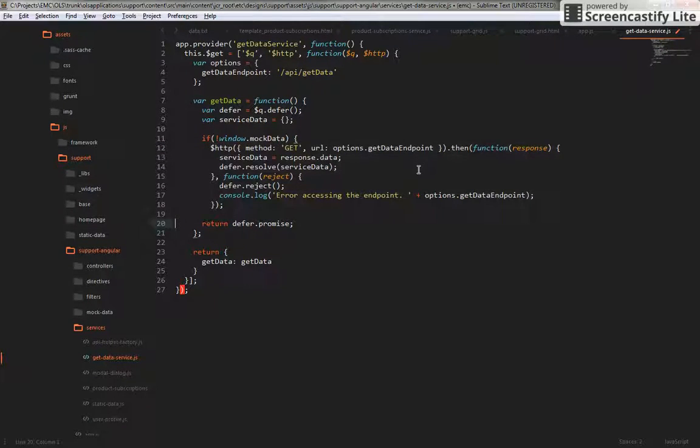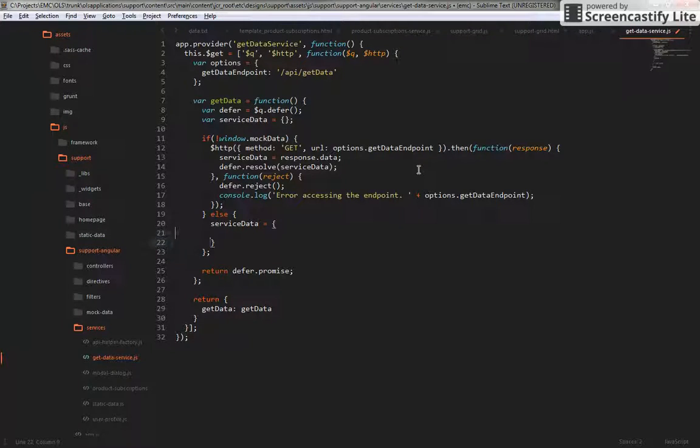So if we're not doing that, then sure, go ahead and do all the things that you should have done from the get-go, and that's completely fine. But if we are using the mock data, that would tell us that we're in a local environment. So we should create something like service data,